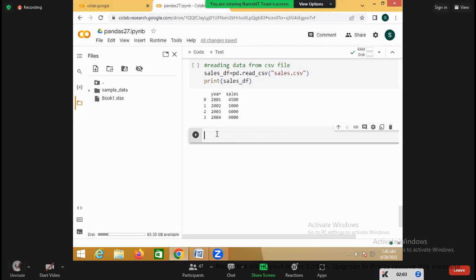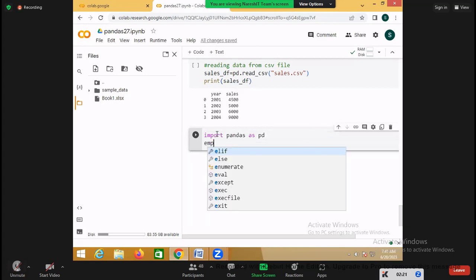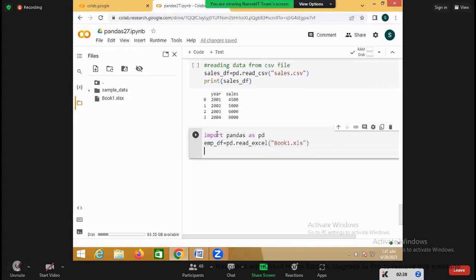So again, I'm trying to read the data from Excel sheet here. So import, so I'm writing pandas. Okay, right? So this is some employee data frame. So this is employee data frame equal to pandas dot read Excel. So read Excel, and you're trying to read the data from this book, and from this book I said